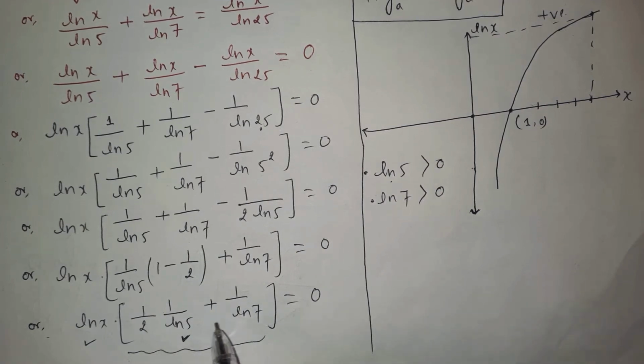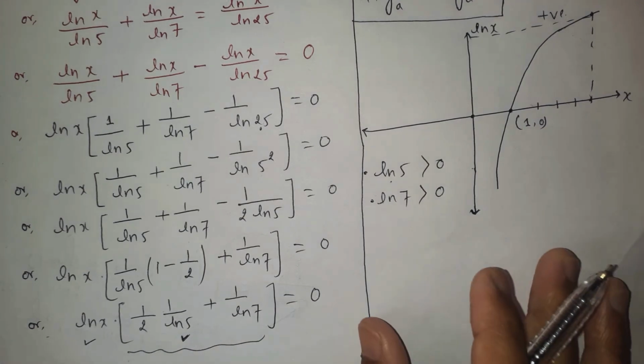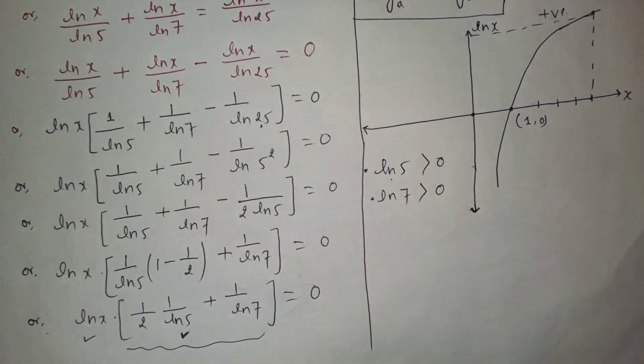There will be no negative number, so there will not be the chance of cancelling the term. Here all the terms will be positive, and a positive plus a positive number gives some positive number. So this second factor cannot be equal to 0. This second factor has no chance to be 0, because all are positive numbers. Positive numbers added together give some positive number. So there is no chance for the second factor to be 0.